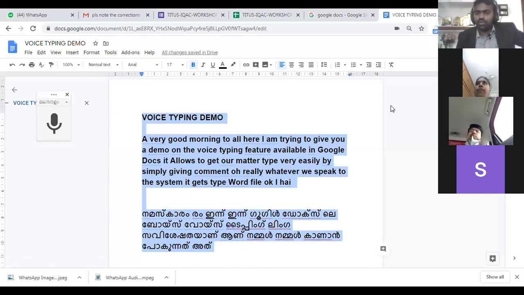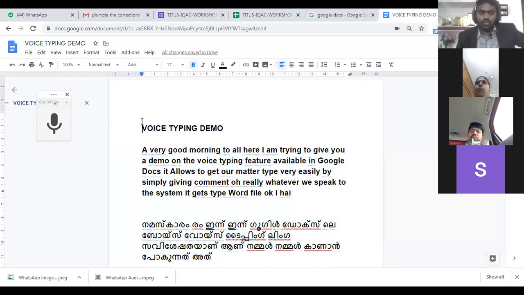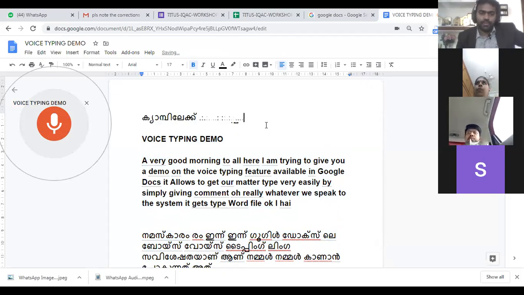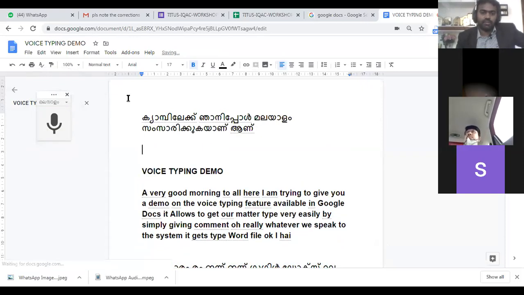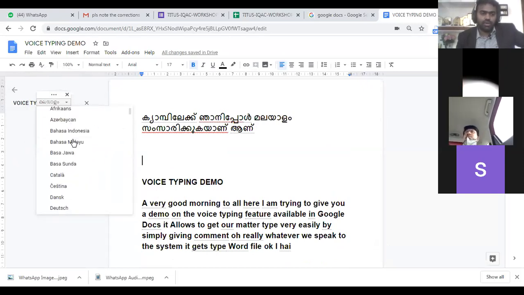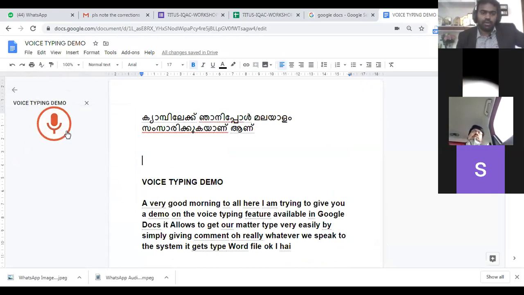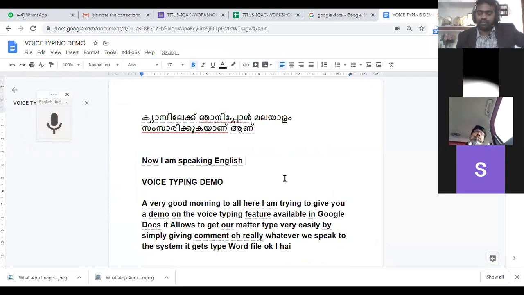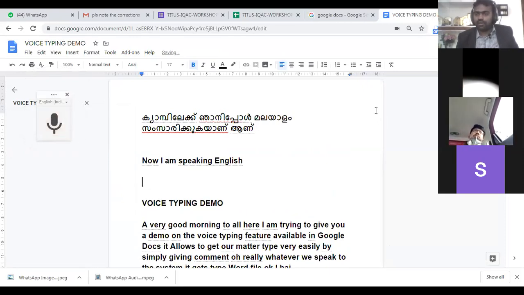If you have anything more, please raise your hand. I'll tell you how to use multiple languages. First, Malayalam, if I need it, I'm clicking. ഞാനിപ്പോൾ മലയാളം സംസാരിക്കുകയാണ്. Like that I do. After that, I'll just enter. Then I'll go to another language. English, I'll go. I have to choose English, Canada, India. So now I'm speaking English. Like this you can use multiple languages. I hope it's clear now.